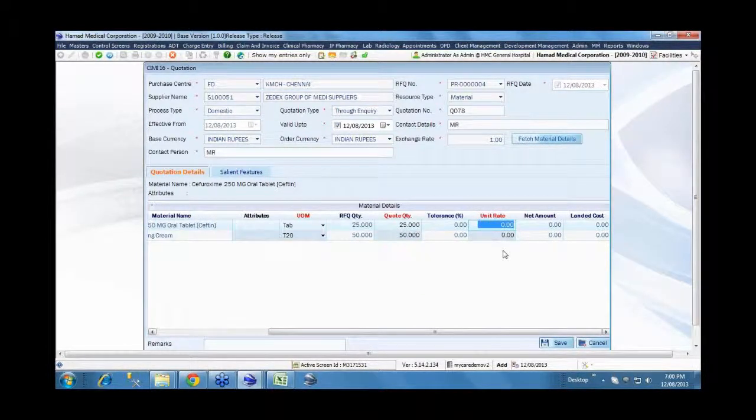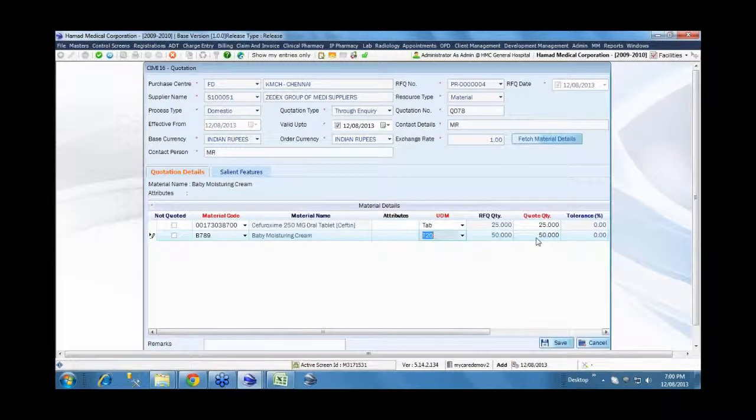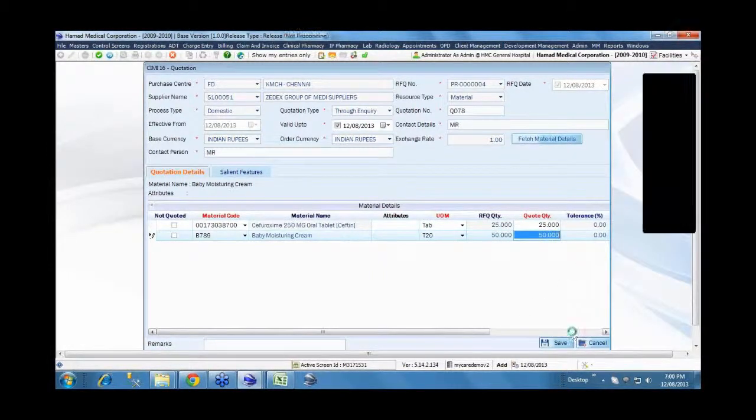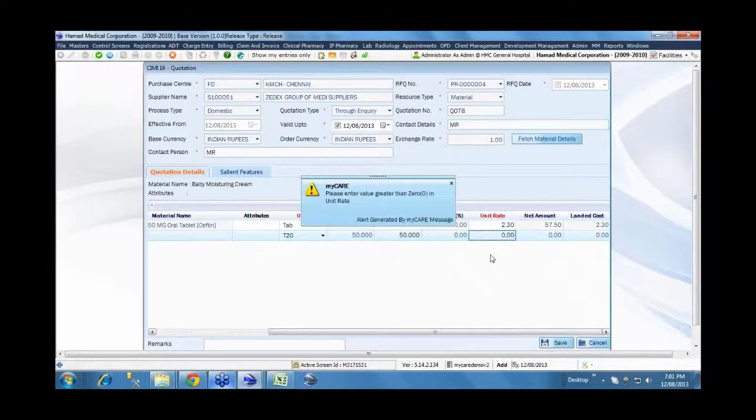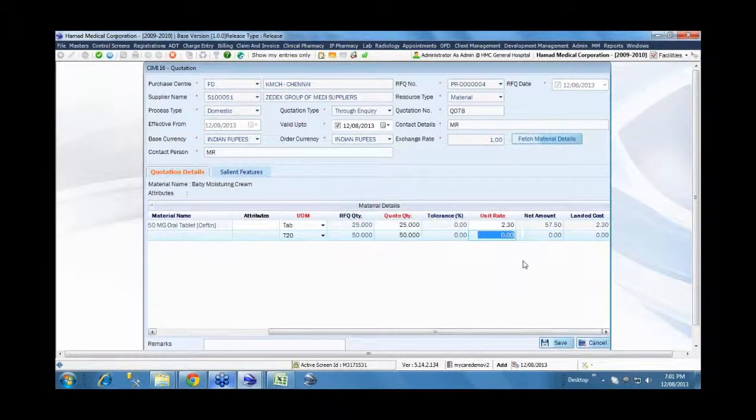We can capture the various information, such as the rate each supplier is specifying. Apart from that, one other key feature in the system relates to other information. While selecting a supplier, pricing alone does not determine which supplier we want to select.